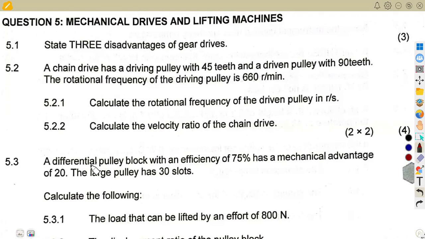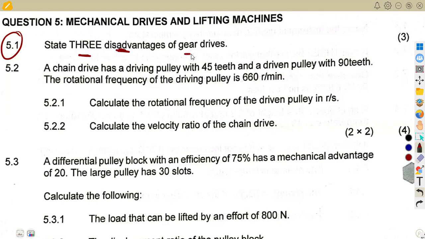Still on our Engineering Science N2. This is mechanical drives. So we want to check how questions are given on mechanical drives and lifting machines from the question paper of November 2023. We have got first question 5.1. It was to state three